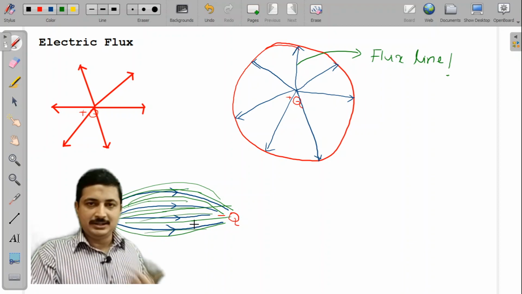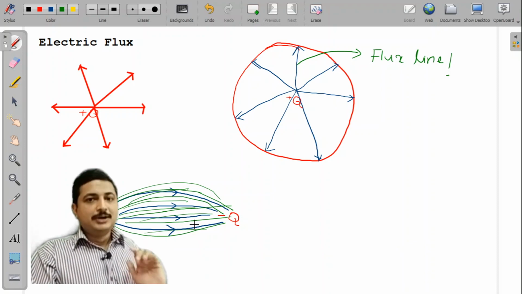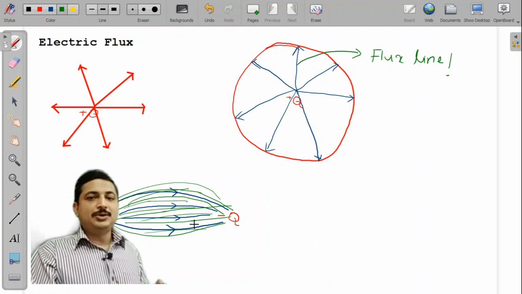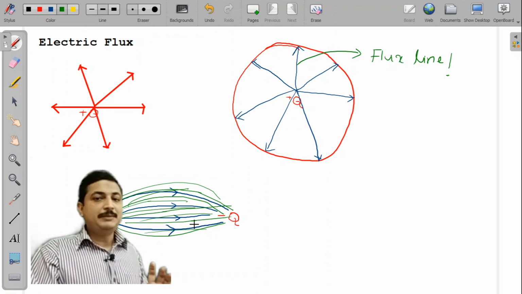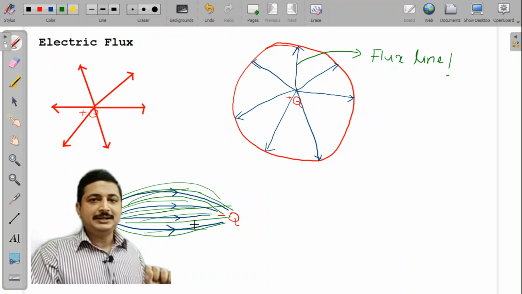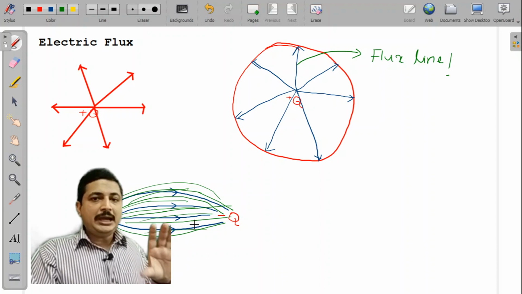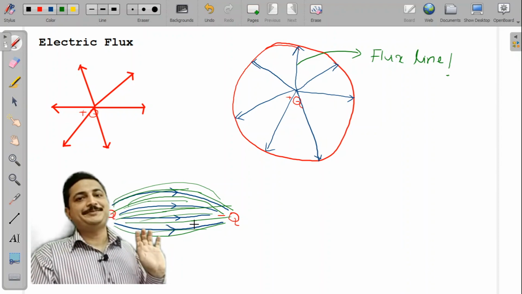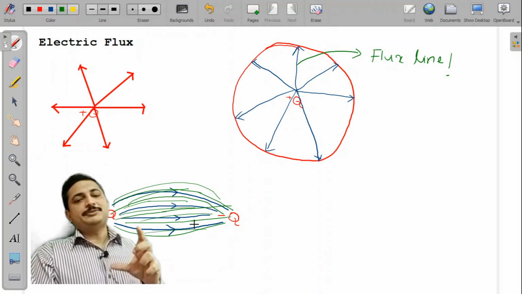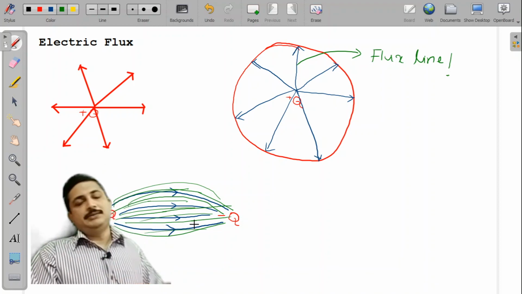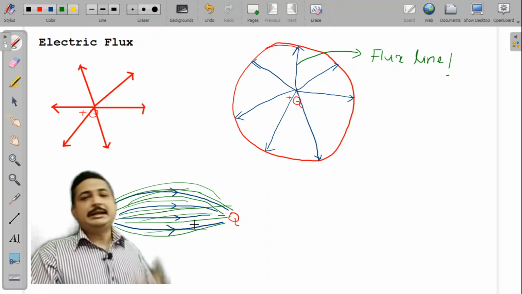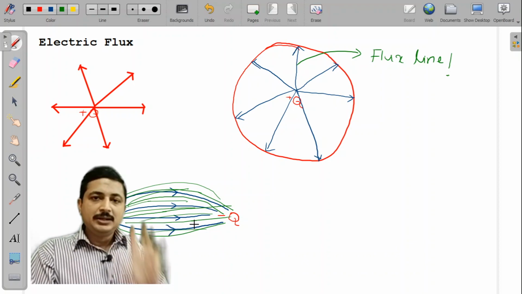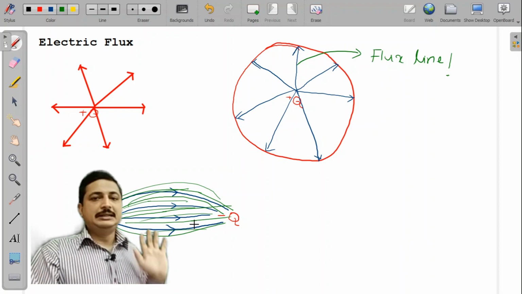That means, in other words, the more the flux lines, the more the force, the more the intensity. So, if you can plot these imaginary lines on a white paper, then you can have an idea of the intensity of the field produced by that charge. More flux lines, more strength of the field. Fewer flux lines, less strength of the field. So, Faraday conveyed to us that the number of flux lines is directly proportional to the strength of the field in that area.